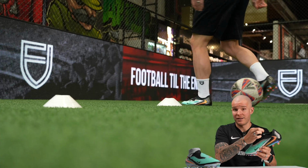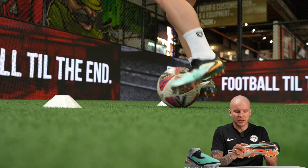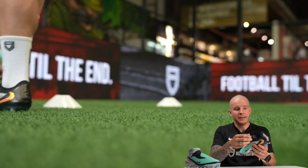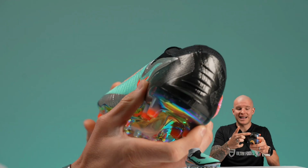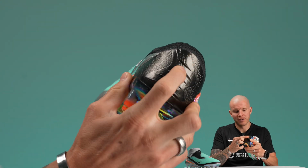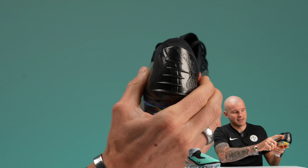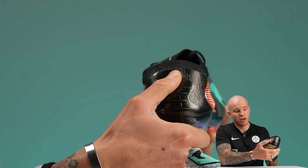Now, we still get this Flyknit base, really nice quality Flyknit, very, very similar to the GX1 in that underlayer, basically. You have a nice suede padded heel liner that feels a little bit more plush than the GX2 did, so a really nice upgrade there. You've got some slats here in the back for a little bit of extra stability and grip, and then the